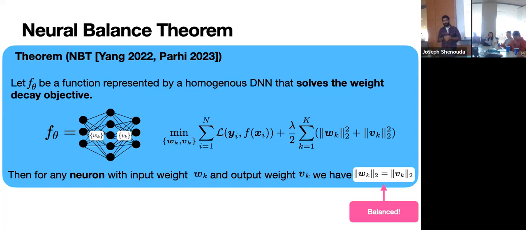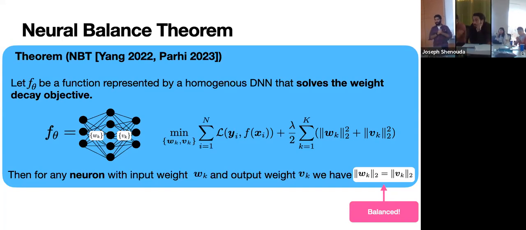Yeah, that's a good question. So in practice, you usually don't actually train a neural network to get it down to the global optimum of this objective, because it's non-convex and you have a lot of issues. Usually you keep training till your validation loss is small enough and you stop. But Jeepan, to your point, there are some papers, and maybe I can point them to you later, where people have looked at this and seen empirically for large scale models that this phenomenon does happen, that you do get balancing. I'm not sure exactly how long it takes, but it does take quite a lot of time. It's not like what you would normally see if you just train a neural network regularly.